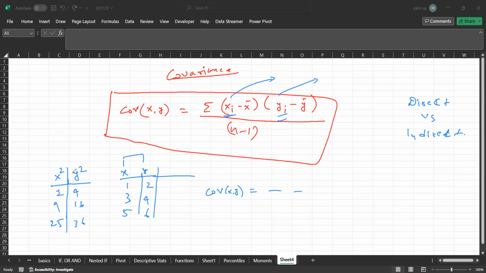All right, so these are X squares. Let's represent them as X dash, Y dash. These are the squares of the original values, X dash and Y dash. Now here, if I analyze the covariance again for X dash and Y dash,